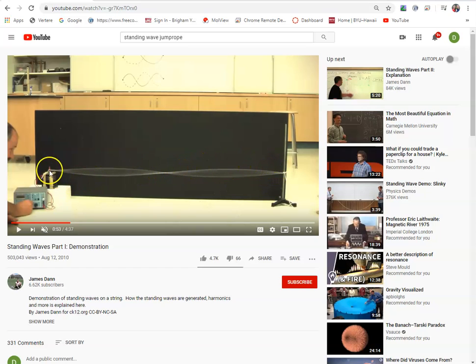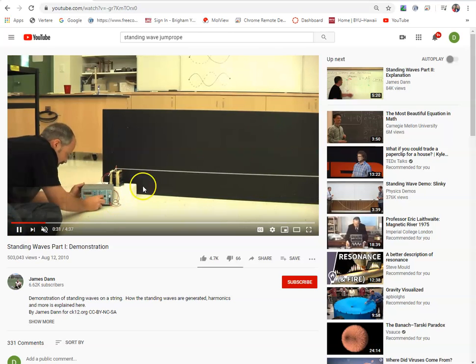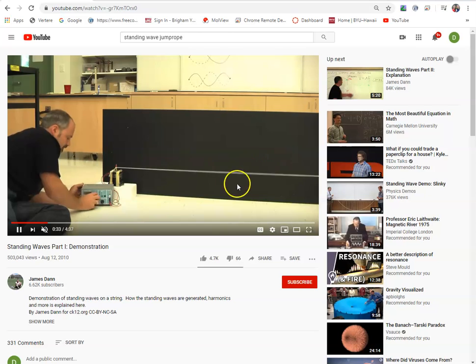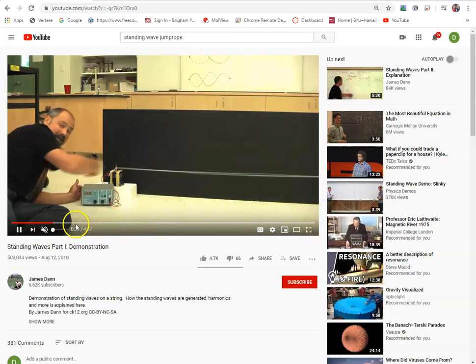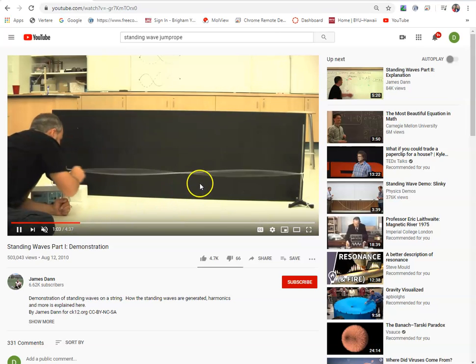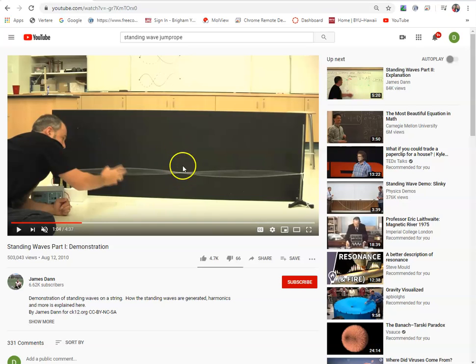Where you can swing a jump rope faster and faster, and you get these different ways that the wave modulates. If I swing the wave the slowest, then I get just one half of a wavelength like that. See that there? But as I speed the wave up, then I can get what we call nodes. A node is a region where there's no movement. All right? So if we get it even faster,